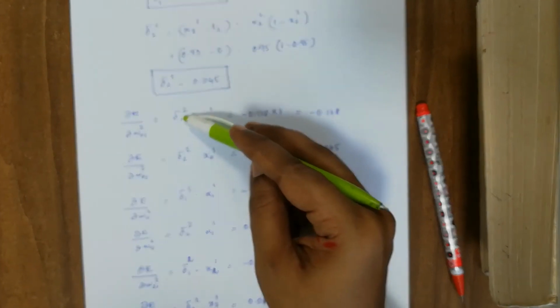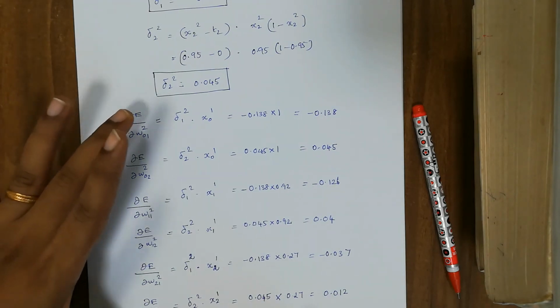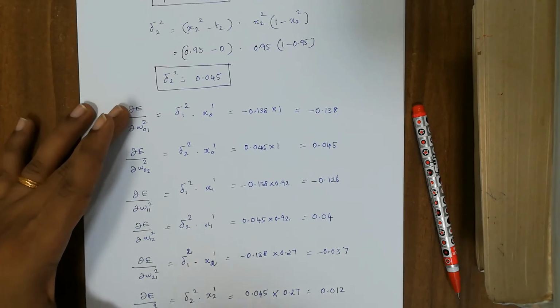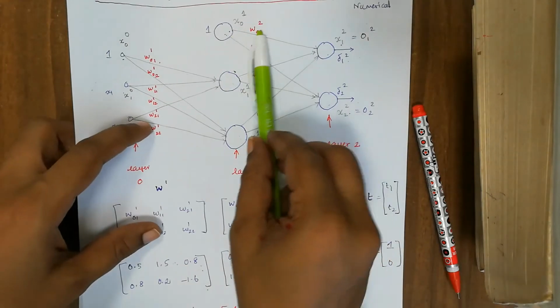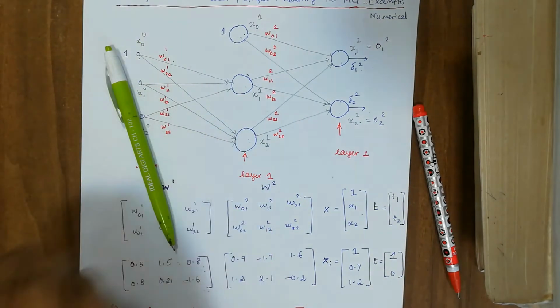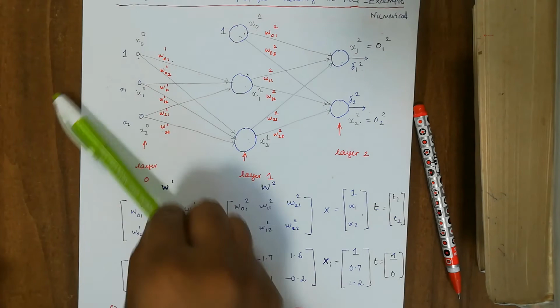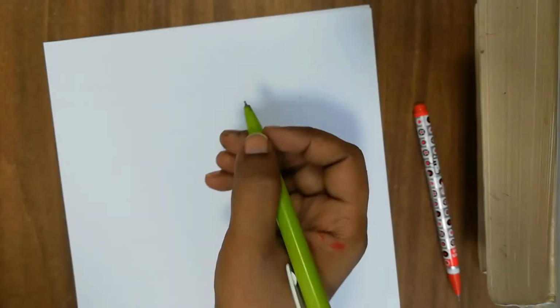updated all these values after calculating this del 1 2 and then del 2 2. Okay, after calculating this, we have to go for the weight updation rule, but let us do the weight updation rule at the last step. Similarly, we have to do the weight updation rule from this layer back to the previous layer. So now let us do that, and then at the last step, let us go for the weight updation rule for all the layers starting from input to the output layer.